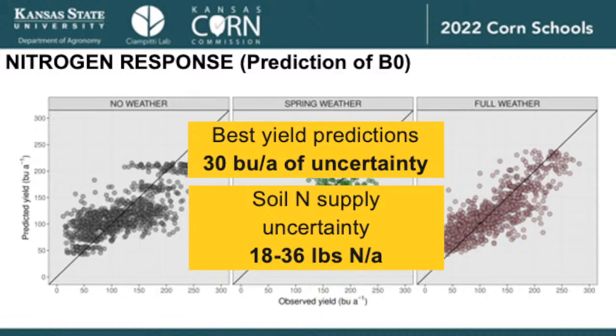And that prediction has 30 bushels per acre of uncertainty. That is considerable. And if we are thinking that this is a variable that is predicting our soil nitrogen supply, that uncertainty means that we have noise, right, between 20 and up to 36 to 40 pounds of nitrogen per acre. That is the uncertainty we have in predicting the soil nitrogen supply in our soils. We use a combination of soil and spring weather data. Okay? So in the next one,